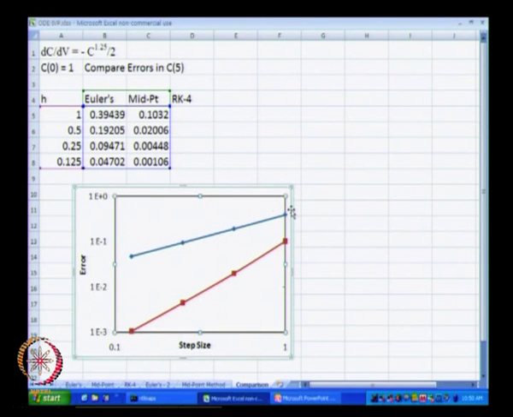So now this particular line represents Euler's method and this particular line represents the midpoint method.